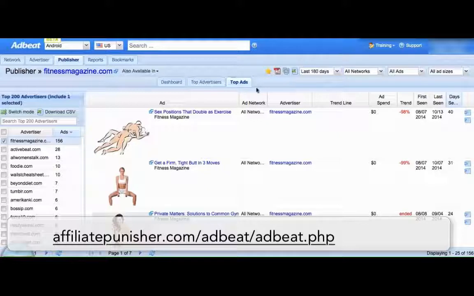So I'm just inside of my AdBeat account right here. Now, I have a little bit of a different account because I have a relationship with the owner, founder, Mike. So I'm going to have some data in here that you may not have access to. But like I said, if you get the account through my link